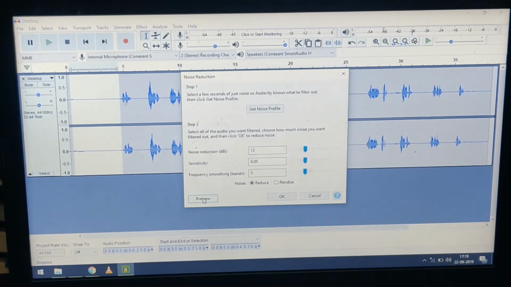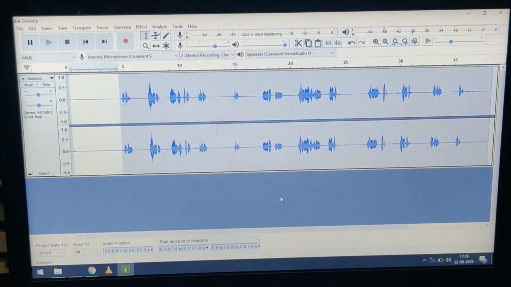Now I need to apply this noise reduction by clicking OK. Don't do anything here, just click OK. Now you will find the difference. Just play it to see whether that noise got reduced or not. I am going to click on play. See, compared to last time, the noise got reduced.